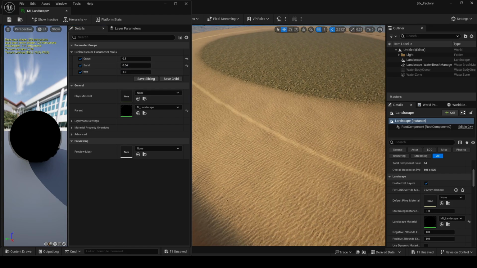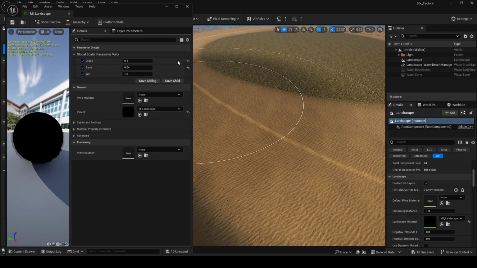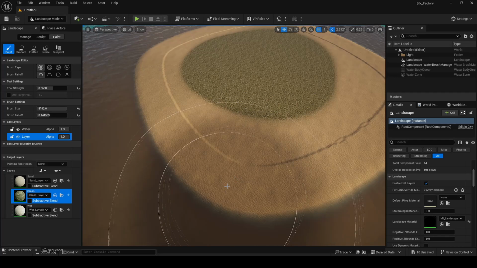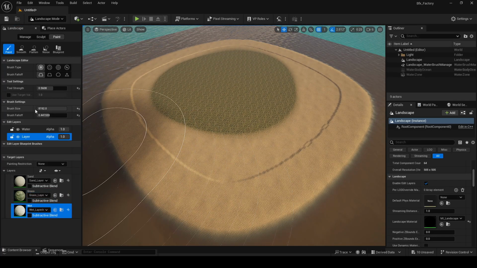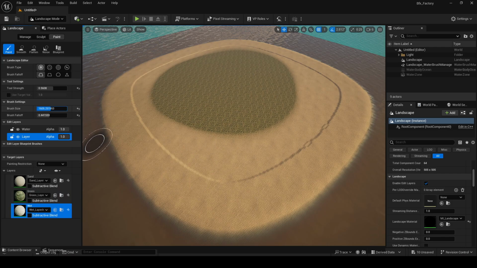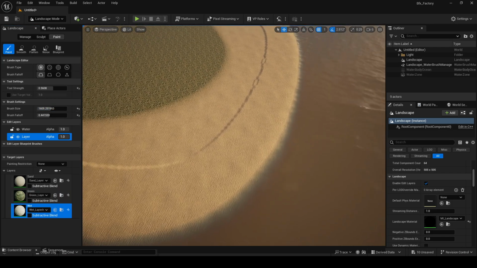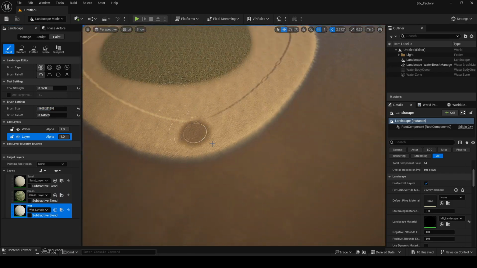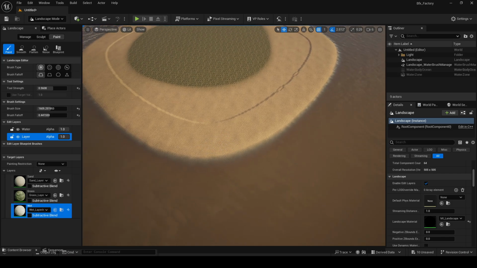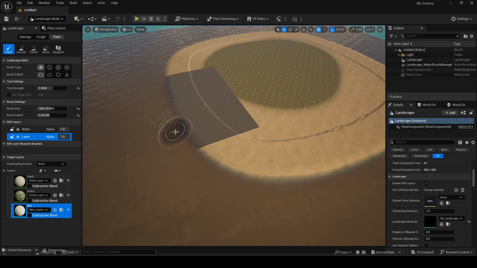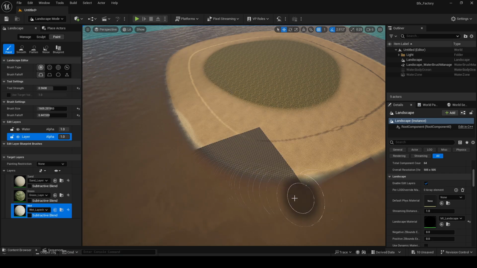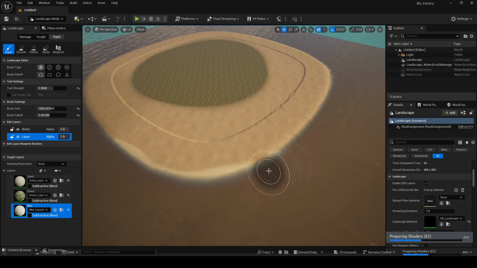And for the wet layer, first we have to apply it just in the coastal area only. Just select it and let's decrease the brush size here. Okay, and apply just where the ocean is connecting to the land. Okay, just in this part. Okay, just like this. And then we will see the tiling and all the things. Okay, so let's apply this first,